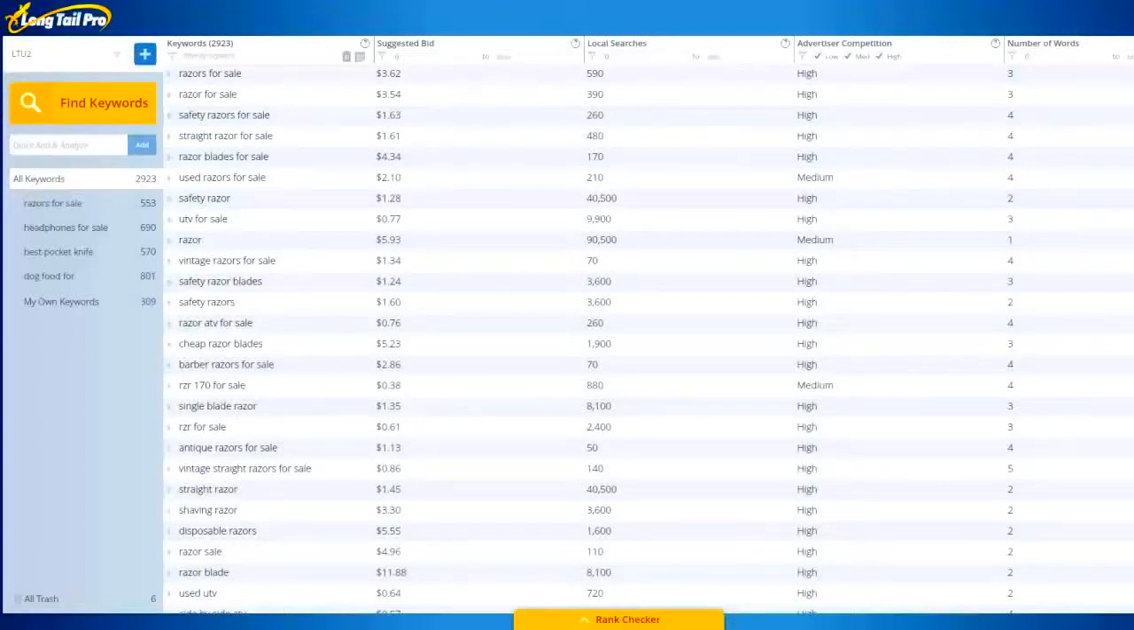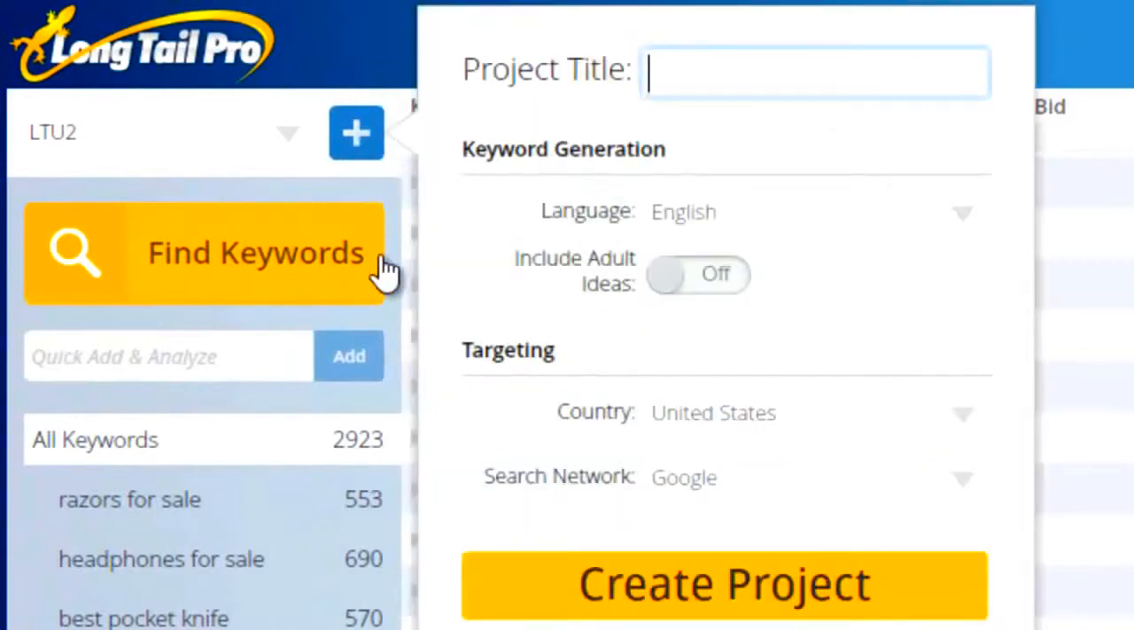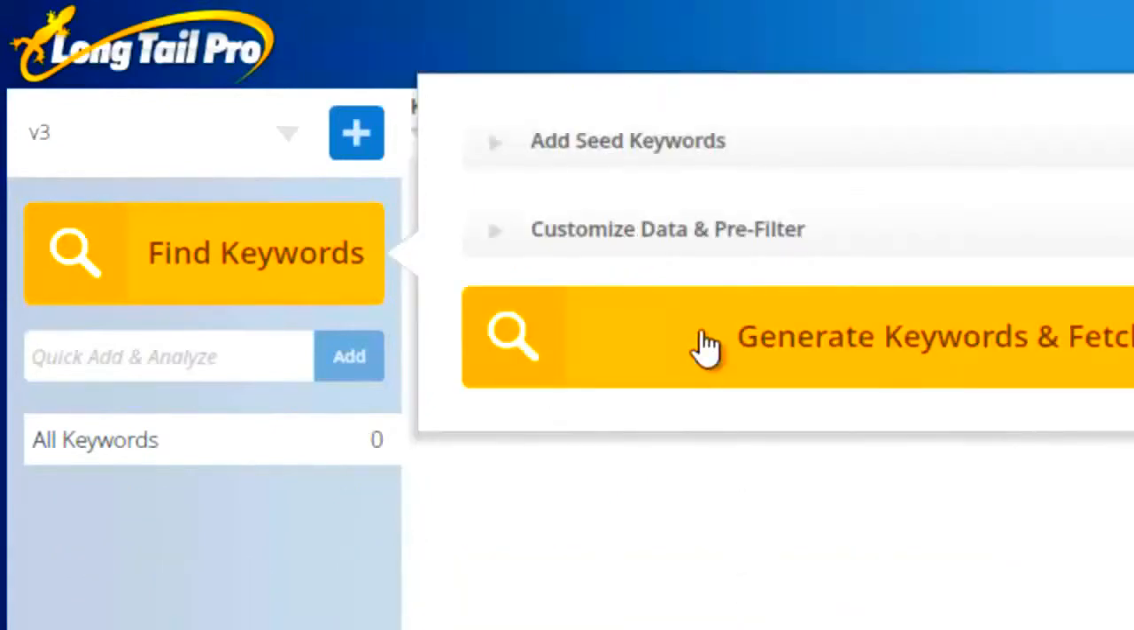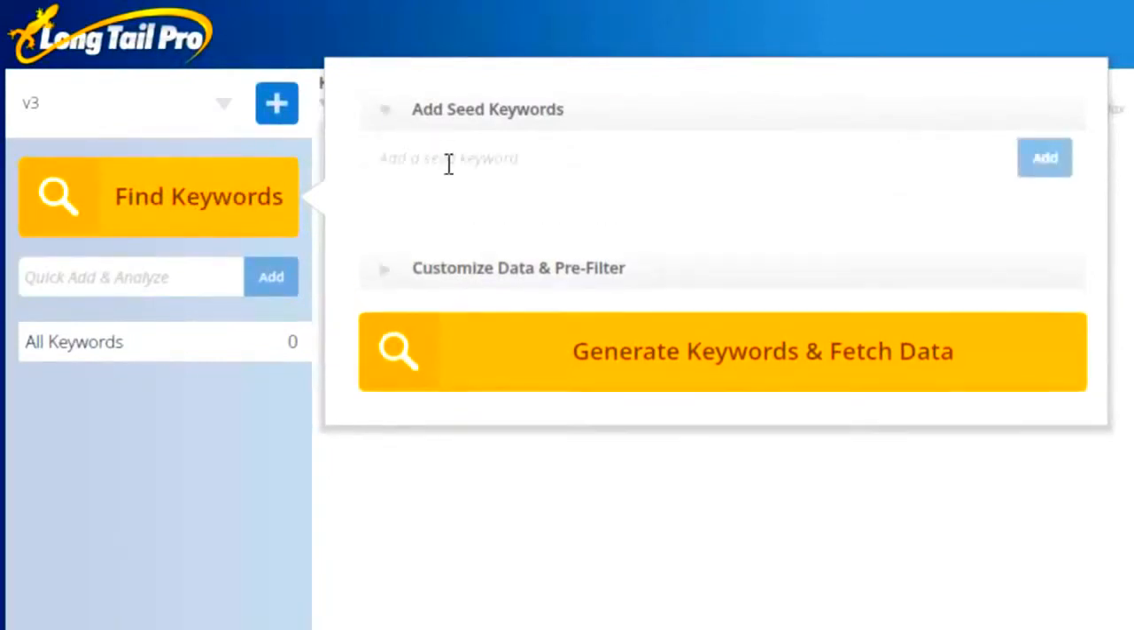You can start finding those truly low competition keywords that you can rank for quickly in Google. So first, let's just start by finding some keywords. You can come in here and just create a brand new project. So we'll just call this version 3 for version 3 of the software. Create your project, and then in this window you can either click find keywords or just start immediately inputting your seed